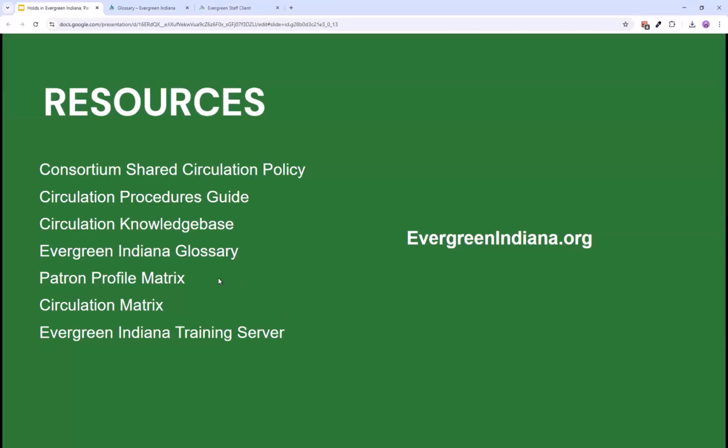With holds, the patron profile matrix and the circulation matrix definitely can affect holds within Evergreen. So I have provided the links to those, and we should be talking a little bit about those in a little bit. The Evergreen Indiana training server, a sandbox server that allows you to practice what you learn, place holds